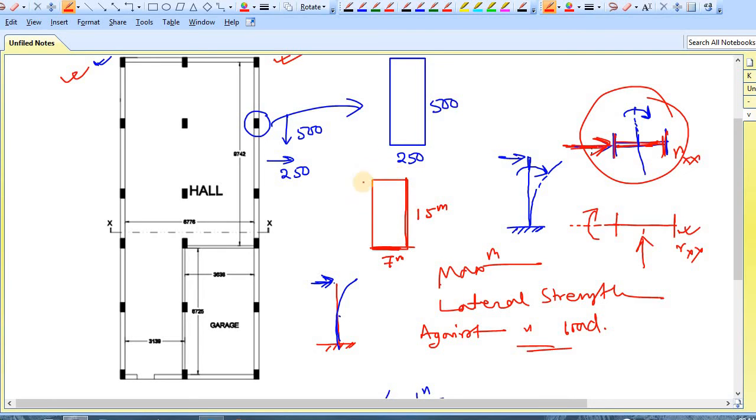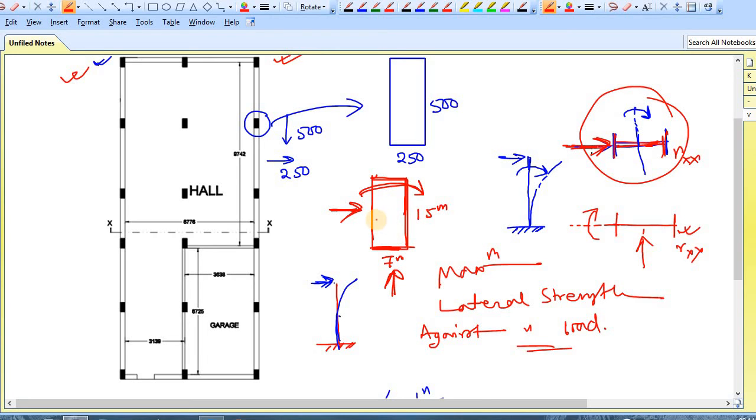If we apply a lateral load in this direction, this is the weaker direction. We can easily bend this building along this direction, but if we apply a load in this direction, the resistance is more. But we cannot change the plan, this is fixed.